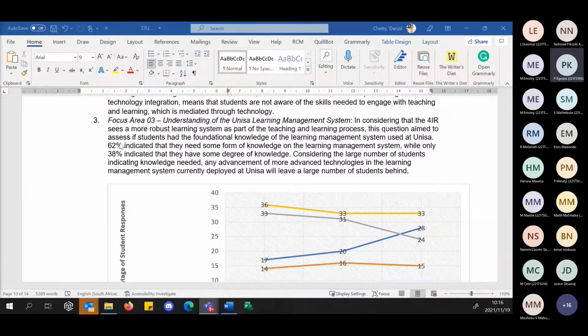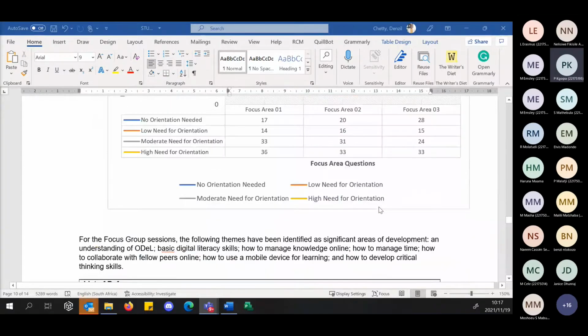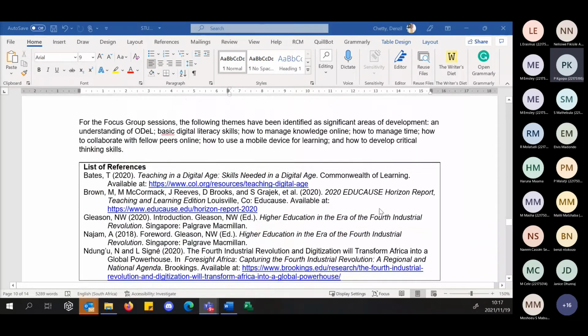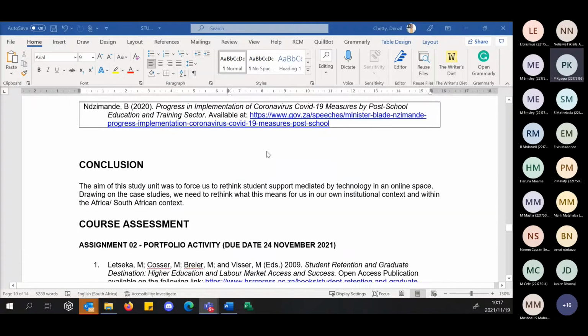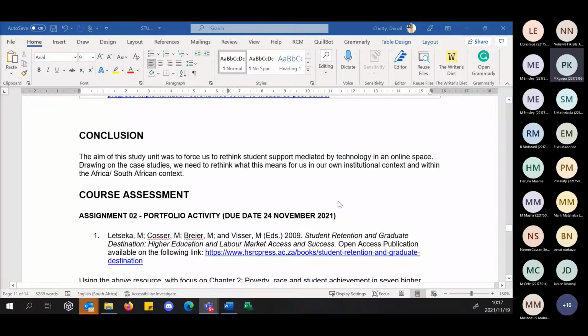And unfortunately, if I think of my own institution's context, and I think that's where the deficit is, we're struggling in that area, simply because we don't have the resources to develop the skills at that student level. And secondly, the time to actually develop the students competently enough to engage at the level that we want them with technology integration. So you see how the discussion now, colleagues, has shifted right back to understanding our context and our challenges, which foreshadows how we integrate technology into this. And basic digital literacy skills and critical thinking skills all become compulsory as part of how we think of the 4R element.